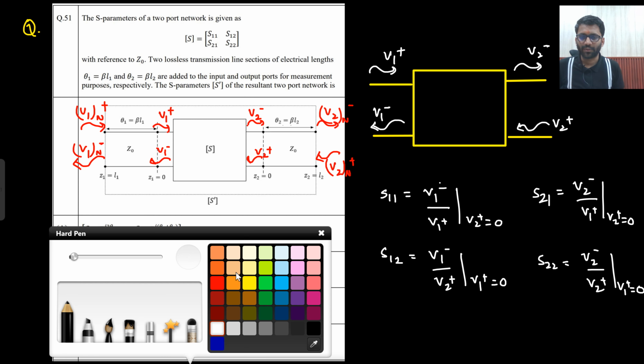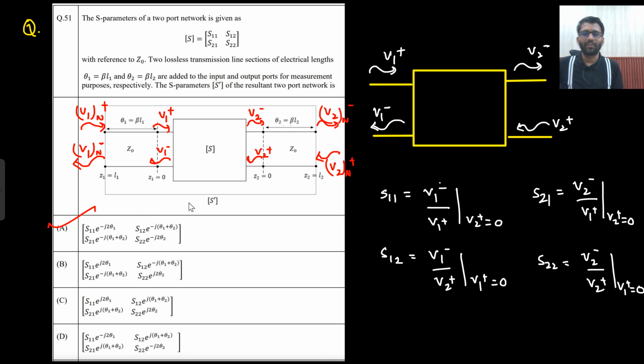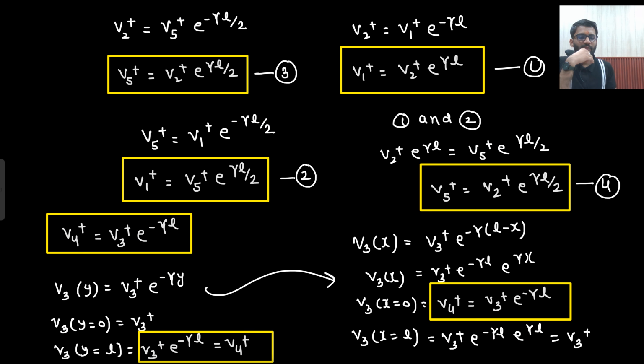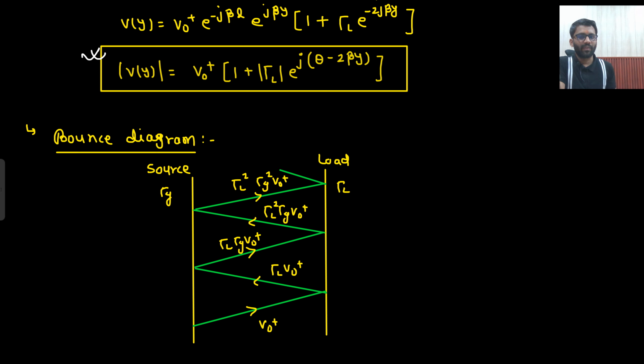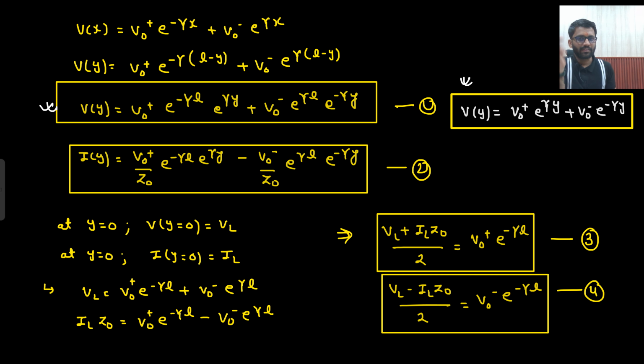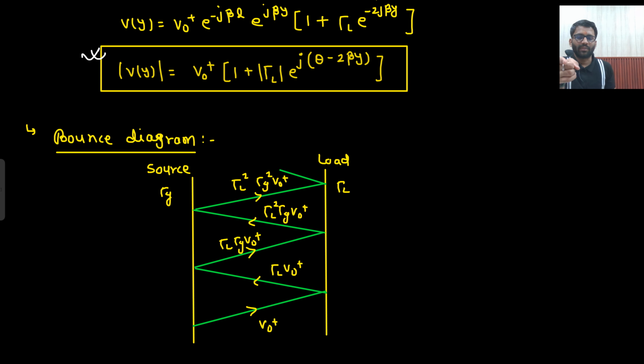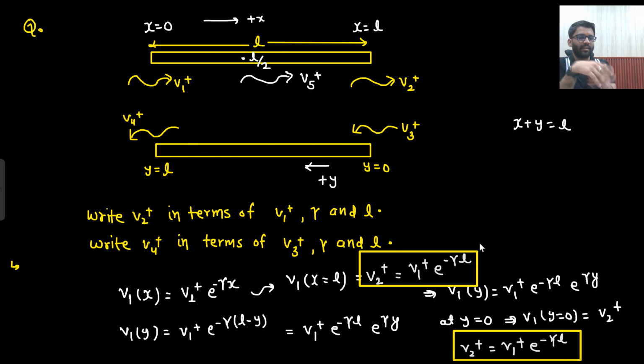So which is the option? First option. So this was an easy question only. You just need to write down V1n plus and V1 plus in each other's terms. So this we have already studied here. Or here also I did this analysis just because there was one doubt, so that I could teach you this thing, that you can write down these waves in terms of anything. That from here if V0 plus is generated, then what will be reaching here? V0 plus e to the power minus gamma L. And if here V0 minus e to the power gamma L is generated, that means what I am saying is that